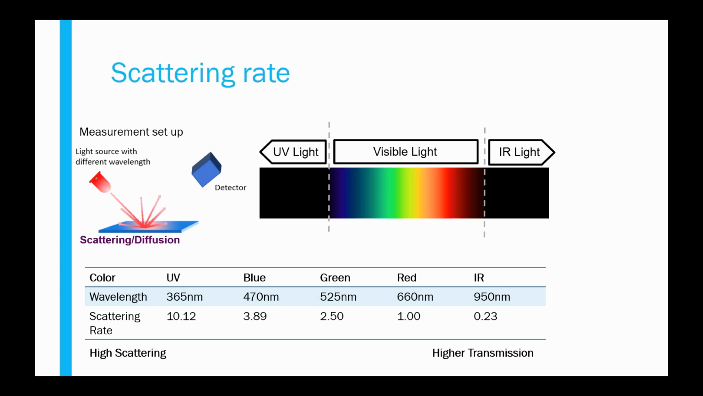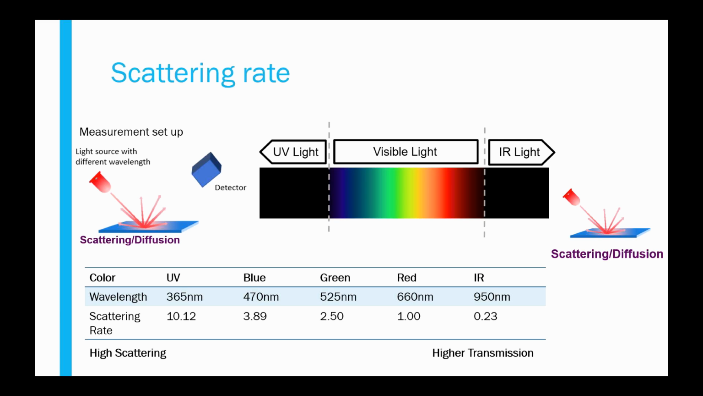And what we're doing to measure the scattering rate is we have a sample, and we have a light source shining onto the sample, and then we have a detector that detects how much of that light is scattering and reaching the detector. And what happens is UV lights and blue lights, all lights with shorter wavelengths, have a very high scattering rate. So that light shines down, most of the light scatters away and goes to the detector or the camera. As we get longer and longer wavelengths, green, red, IR, that scattering rate decreases to even about 2.3